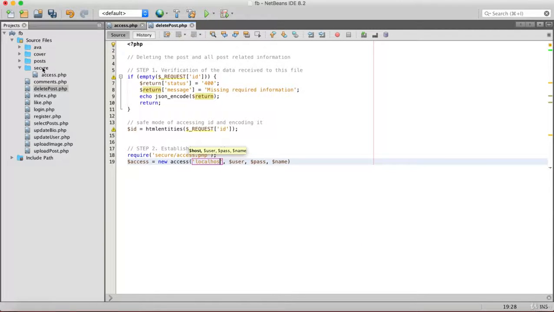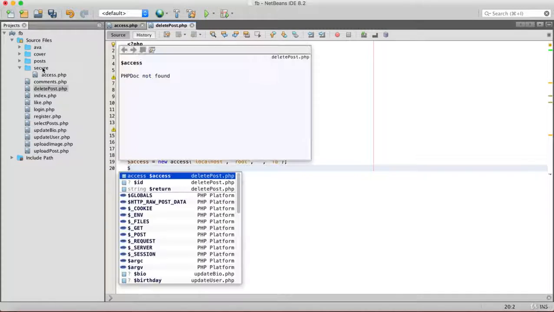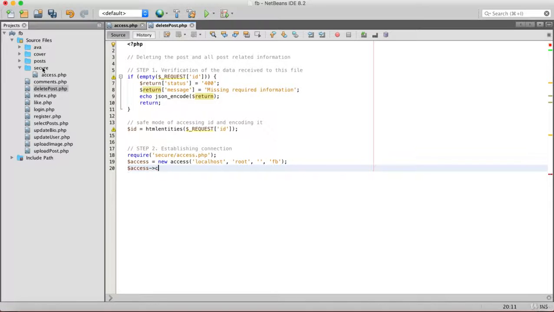Host name is localhost, then user is root, then the password is just blank because we've got no password, then there is FB for the database name, and then we will establish the connection. We'll write access equals connect and a semicolon at the end. Beautiful. Then step number 3 will be